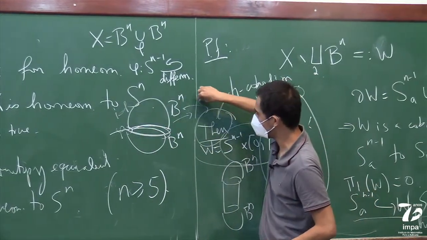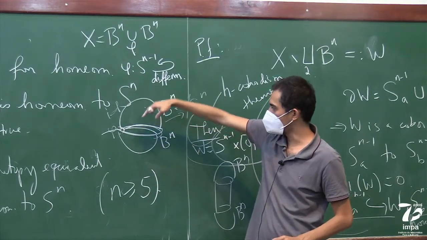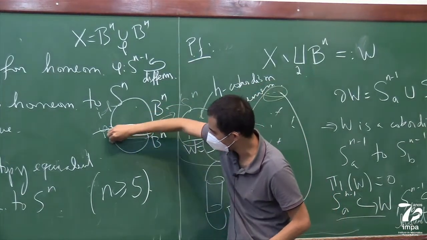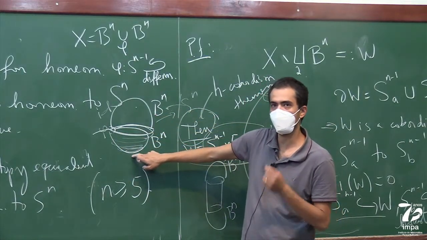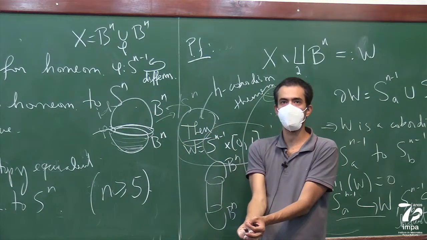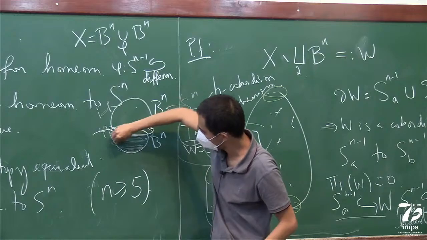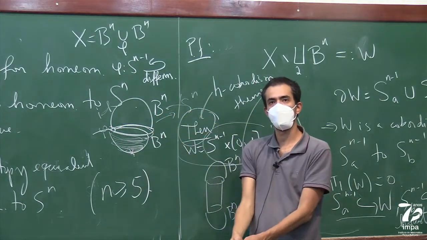So you use the identity on the northern hemisphere, and then you use phi, this diffeomorphism, on the southern hemisphere. The hemisphere is just a product of [0,1] by the sphere where you collapse the 0. So you use this phi on all these guys, and then at the origin you just take